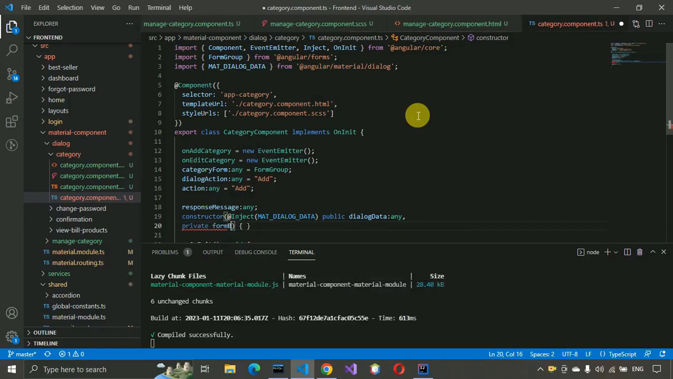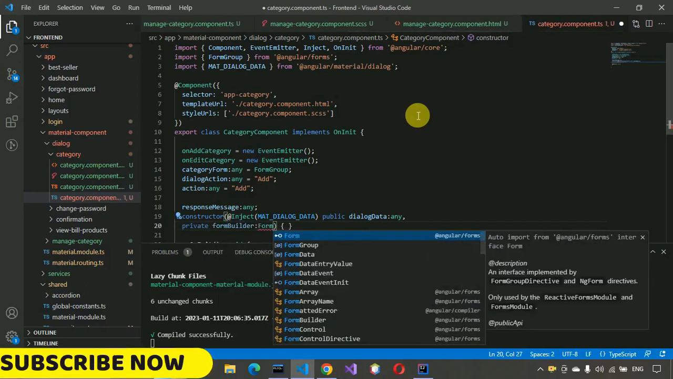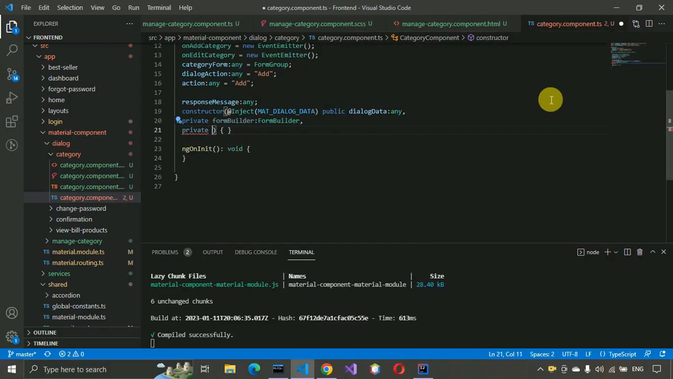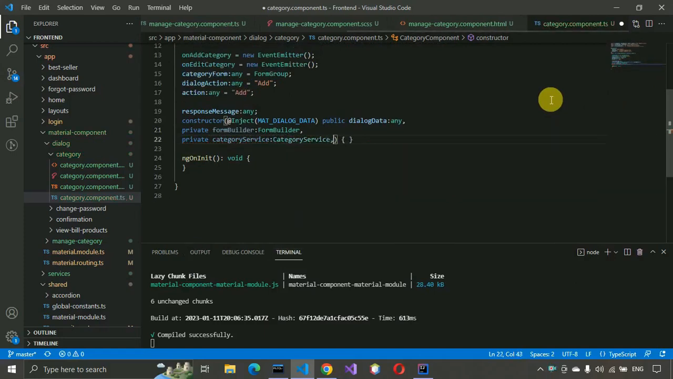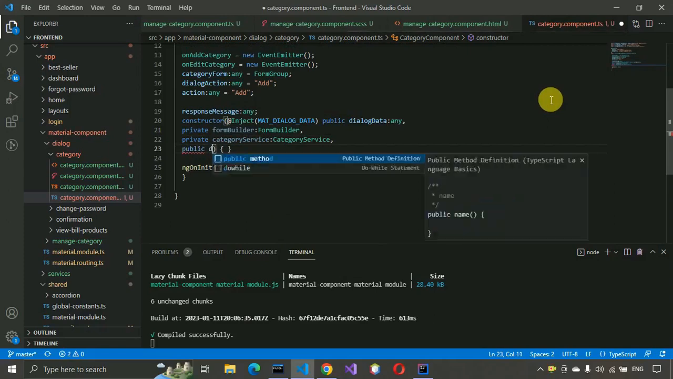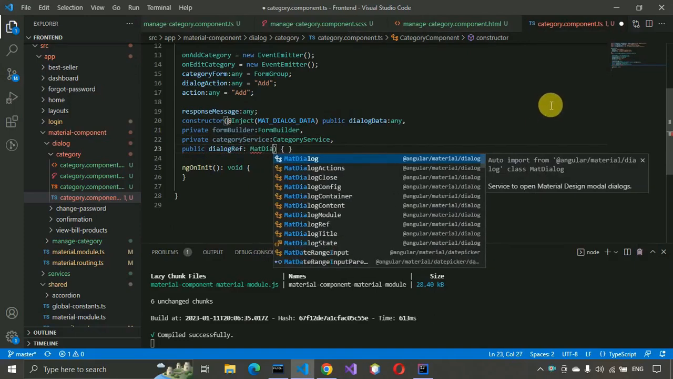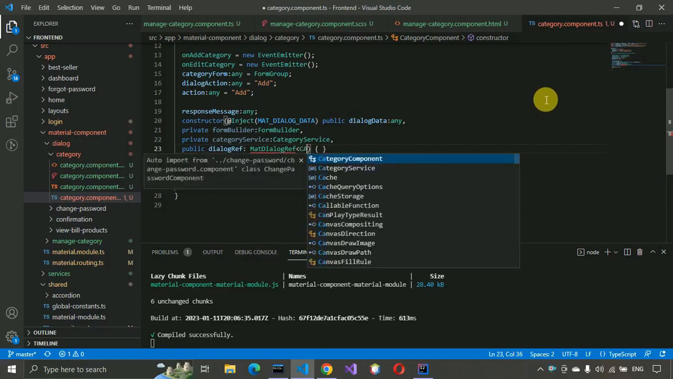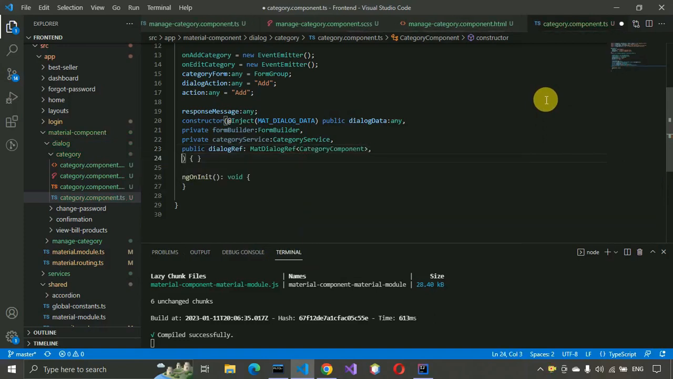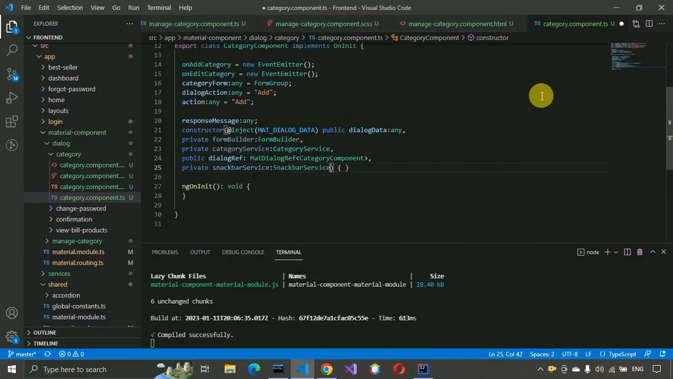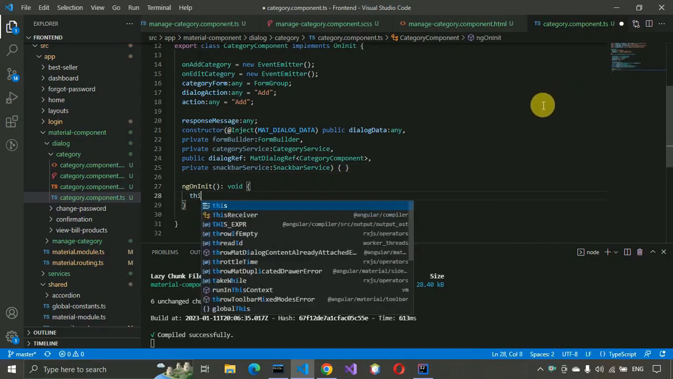FormBuilder. So FormBuilder in form builder, this one, and private, let me move a little bit out this one, private categoryService, so category service, this one, and public dialogReference, and MatDialogRef, this one we need to import, and CategoryComponent, this one, and after that private snackbarService, this one, and after that in ngOnInit we need to write the code for